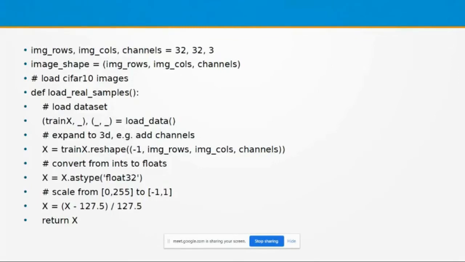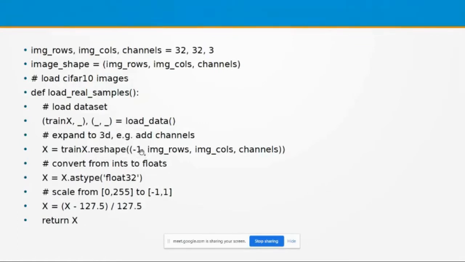So here we provide the input as a batch, so that in a particular batch we know how many images to include, and to store that information, we have to reshape the image data set trainX with the help of the reshape function, trainX.reshape(-1, image rows, image columns, channels).